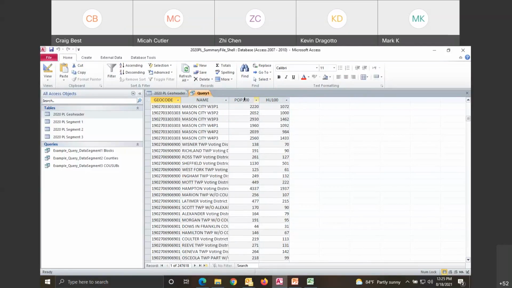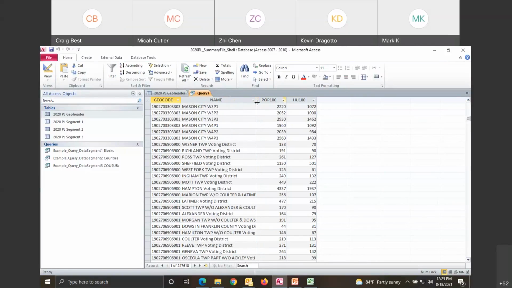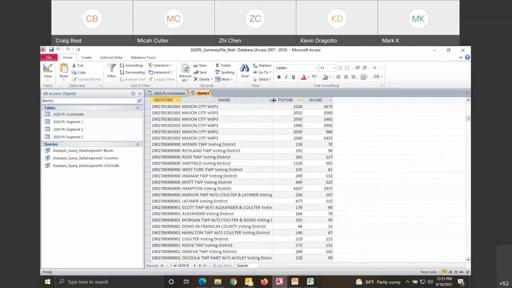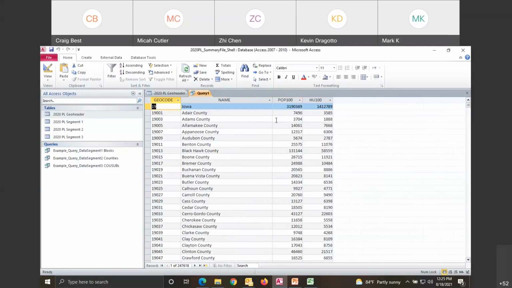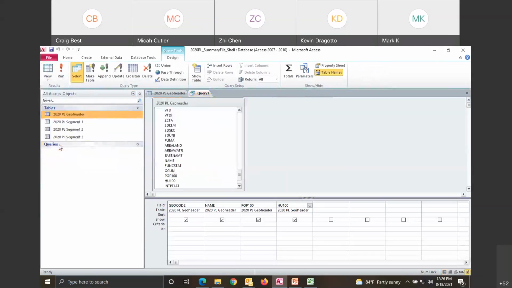So you can see how this is going to be very confusing unless we use our summary level to pare it down. Here's voting districts in here and so forth. So we want to pare it down using our summary level. So I'm going to go back, I'm going to click in the upper left on my design view. And that lets me get back into my query and make a change here.